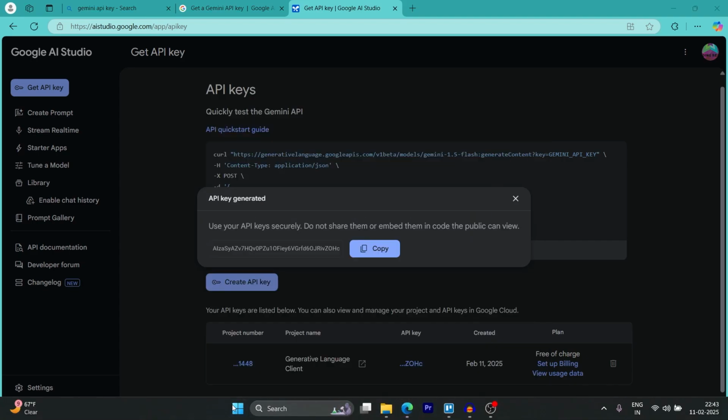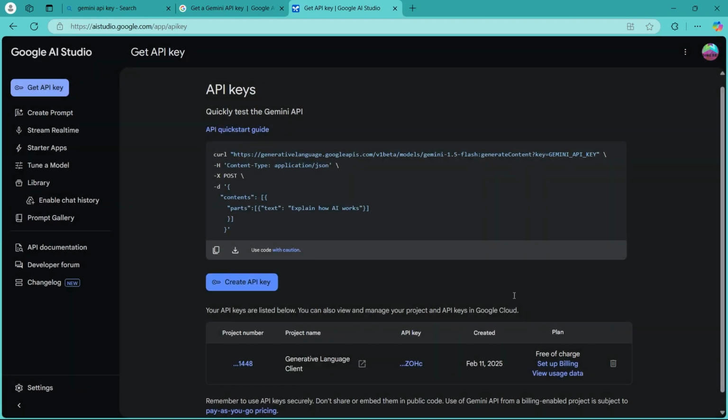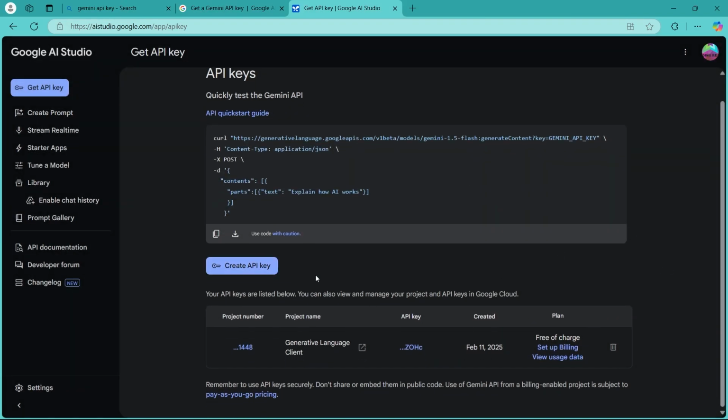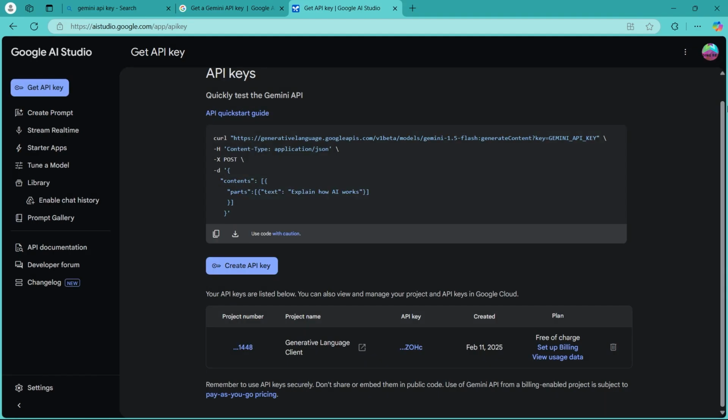I will open Notepad and paste it here. So this will be my API key that I just generated. As you can see, you can also cut this out and just below this create API key button, you will see API key available just right here. You can click on it and it will be viewed here. You can copy this and now you can easily use this. So that is a simple way to generate Gemini API key in